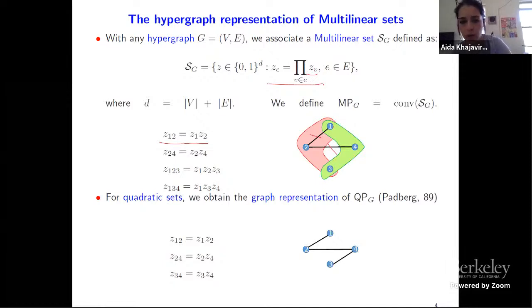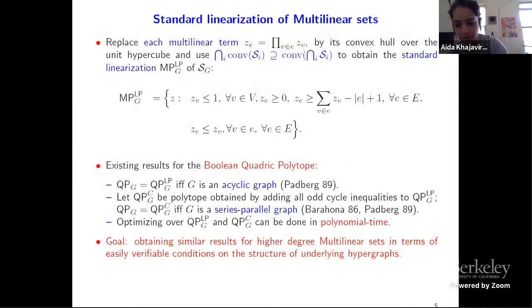Okay, so now what do we do with all this? So this is a general practice, again, in non-convex optimization. When you want to study some non-convex set, when you want to study the facial structure of its convex hull, you start by constructing a basic relaxation, a simple one. Let's say, as Jacob already mentioned in the case of multilinear sets. So you look at